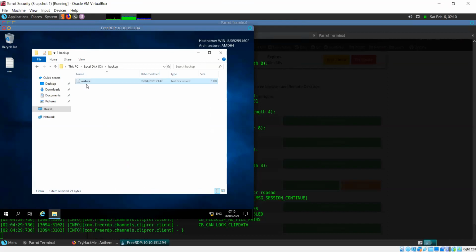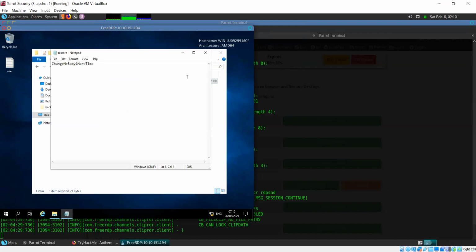Okay, now I can read this file, and it contains some text. It does not look like a flag, however. So what could this be? Maybe a password for another user, which we can use to get admin access.